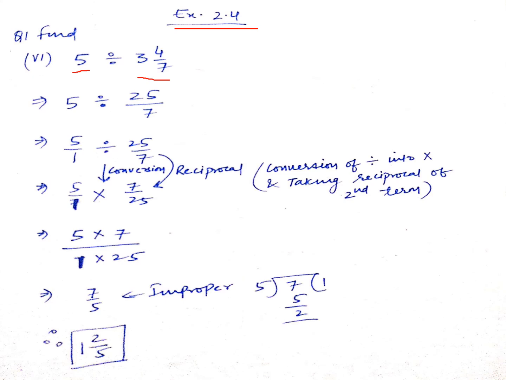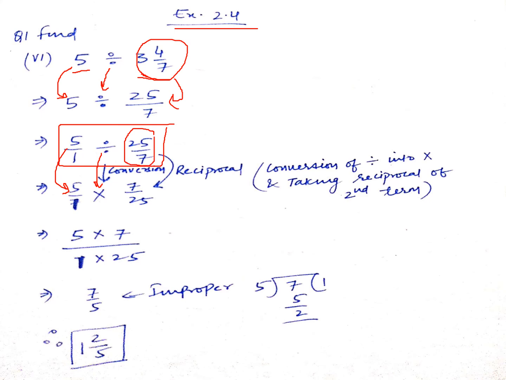And the method tells us to copy the first term as it is without any change. You can see here what we have done, copied. In the starting we have not made it a multiplication because it is a mixed fraction. So first we have to make it a normal fraction. After this we have got this number. Now we will use the process of division, in which the first term is as it is, that is 5 upon 1, division becomes multiplication, and the second term, that is 25 upon 7, is reciprocated, that is 7 upon 25.